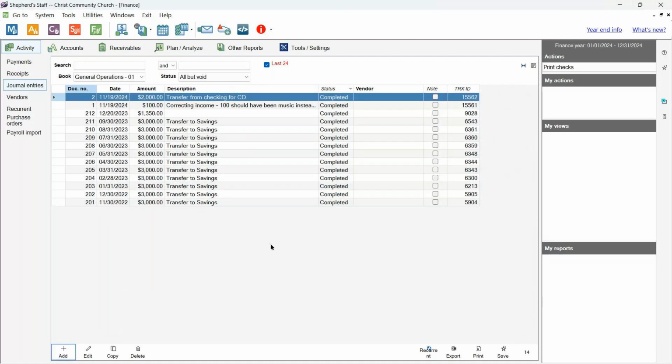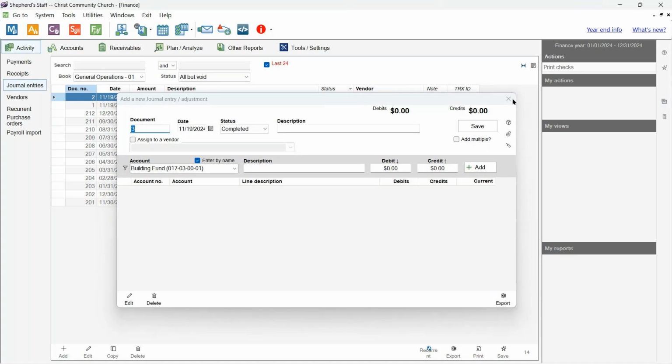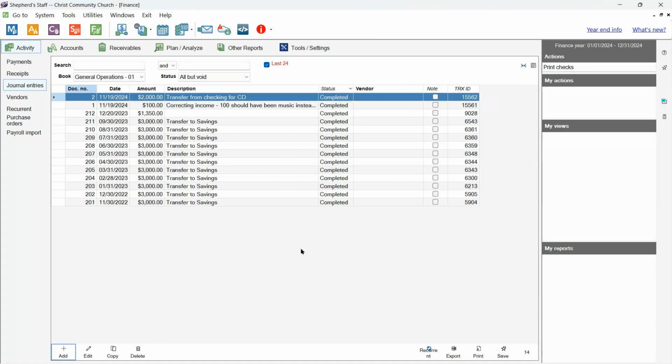So if we went back to the accounts view, if we had known exactly what our balance was, we could see that that $2,000 had been reduced. But we're going to now create the other half of the transaction. I can either add that transaction and do it all over again in reverse to put it in the other one. I could also take that original transaction that I'm doing transfers from CD, checking for CD, and I'm going